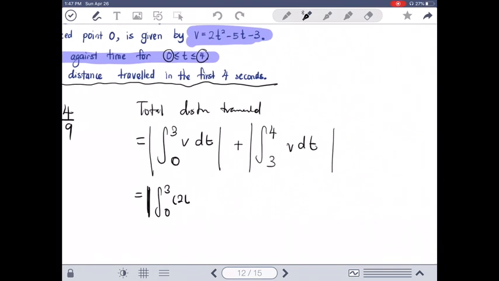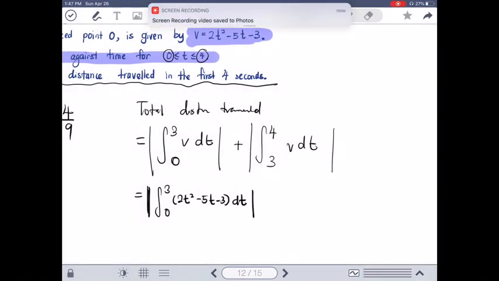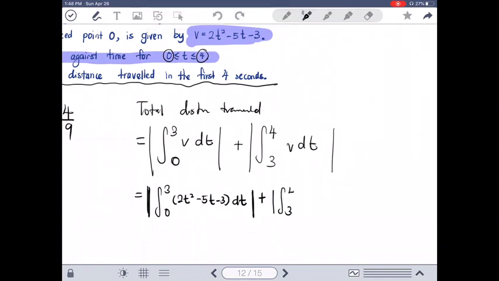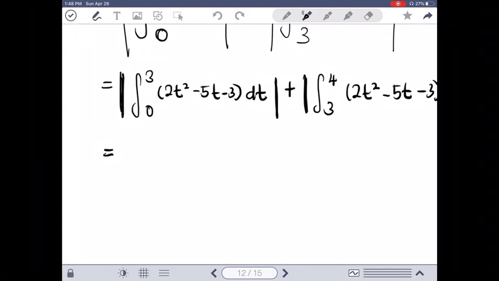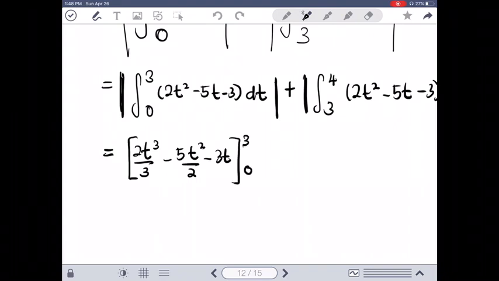The function is quite long, so we have to be very, very careful in dealing with the function. So 3 into 4 of 2t squared minus 5t minus 3 with respect to t, again modulus. So we integrate as usual, and you should get 2t to the power of 3 over 3 minus 5t to the power of 2 over 2 minus 3t. And remember the boundaries, 3, 0, plus